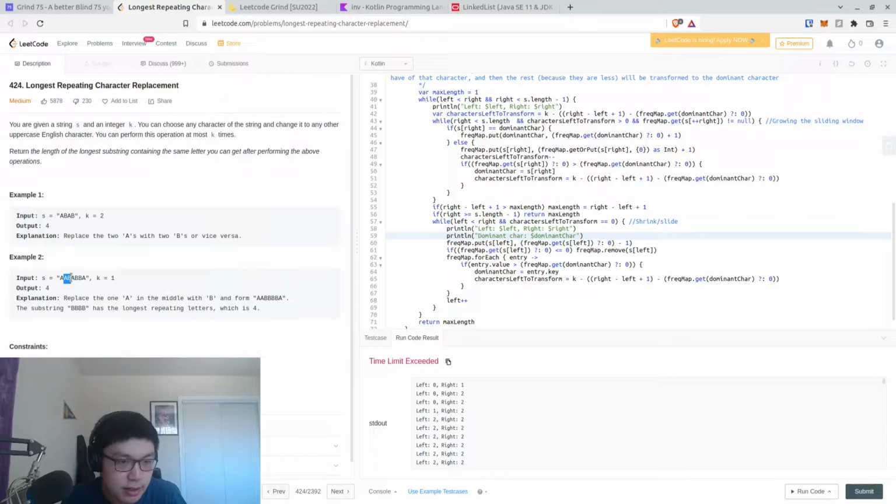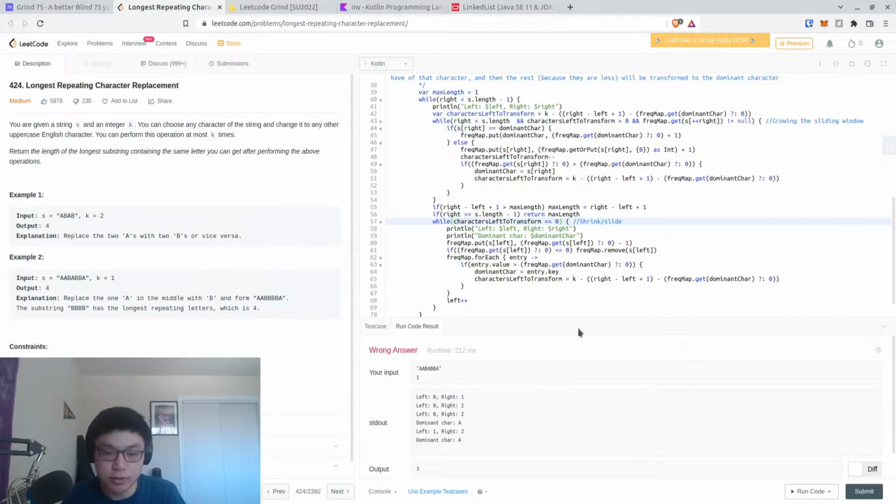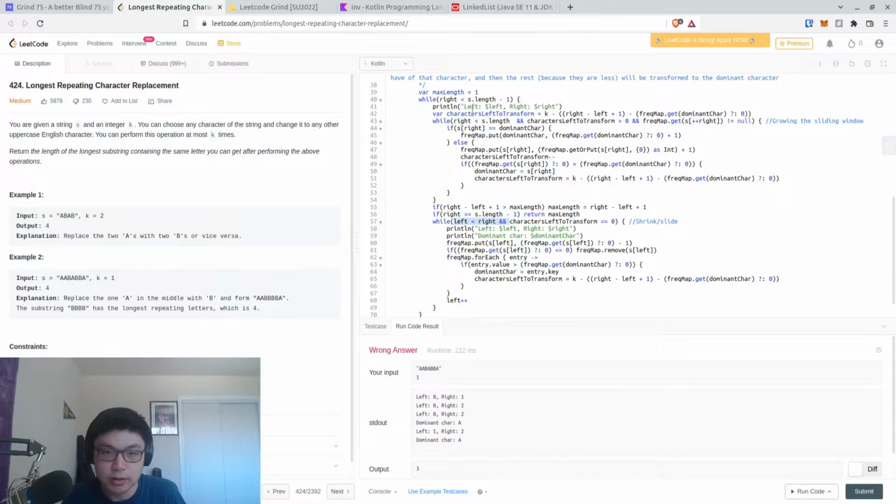And in this case, we can continue, right? We can get rid of this stuff for now. Oh, keep it for now. 0, 2, then dominant character. Then we move up to